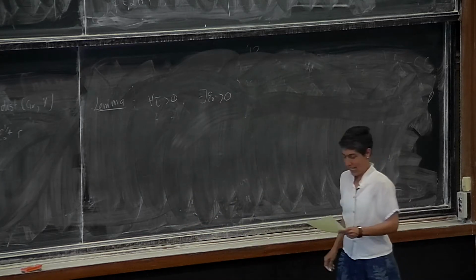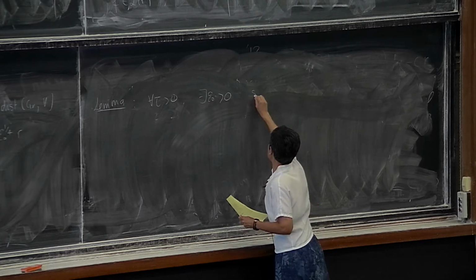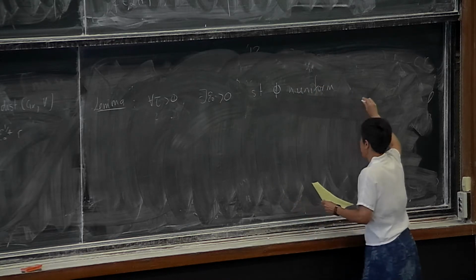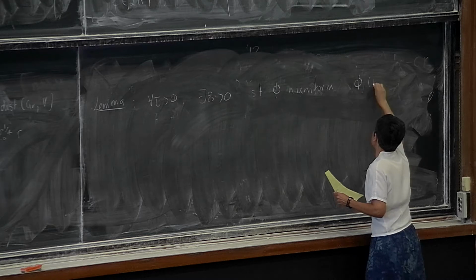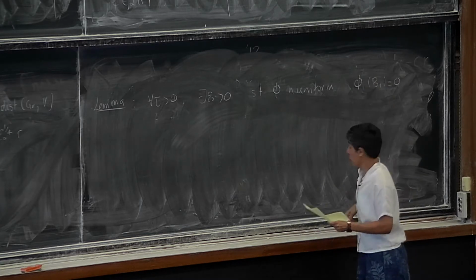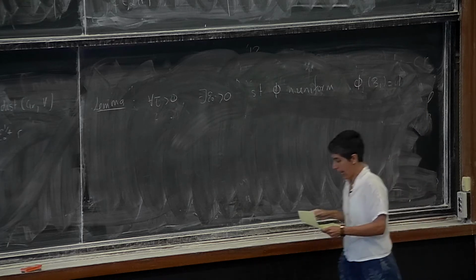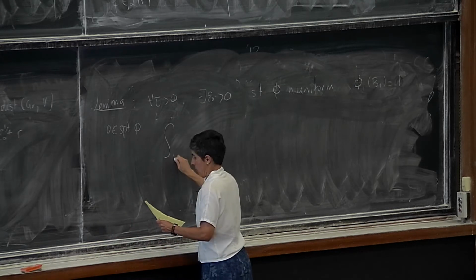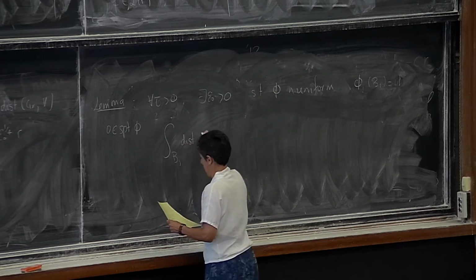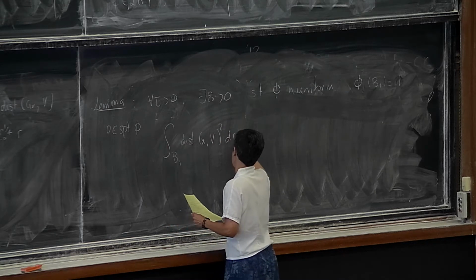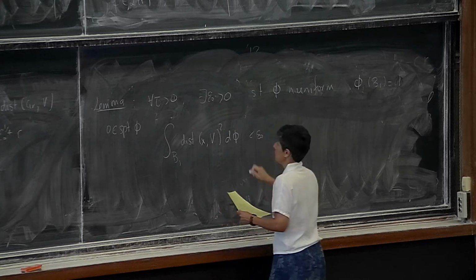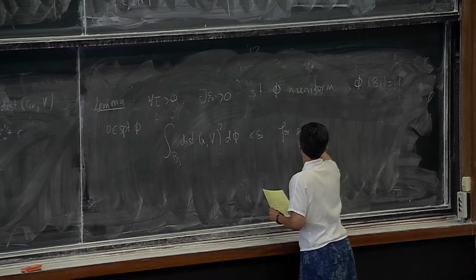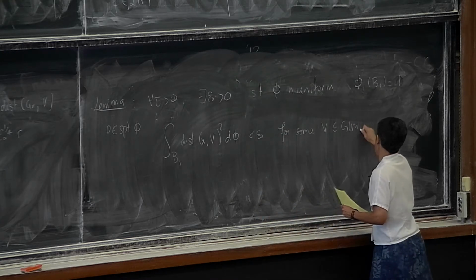Lemma. For every tau, there exists an epsilon 0 such that if phi is n-uniform, with phi of the unit ball equal to 1, so I don't have to keep on dividing, and of course 0 belongs to the support, and the integral over B1 of the distance of x to V squared d phi is less than epsilon 0, for some V in G(m,n), then